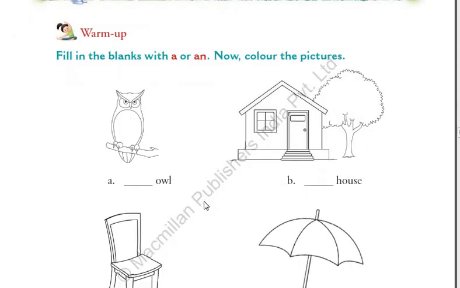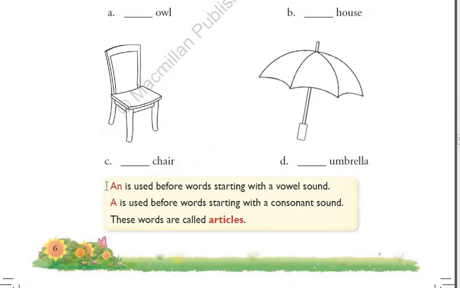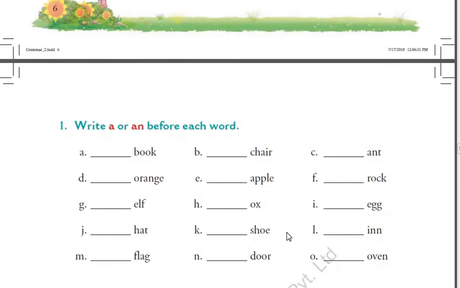We just understood first what is vowel, what is consonant. Again I repeat, vowel means A, E, I, O, U, and consonant means the remaining alphabets other than A, E, I, O, U in A to Z. And then if the word starts with a vowel, we have to put N. If not, we have to put A. For example, orange starts with O, which is a vowel. Then we have to put A, N in the blank.